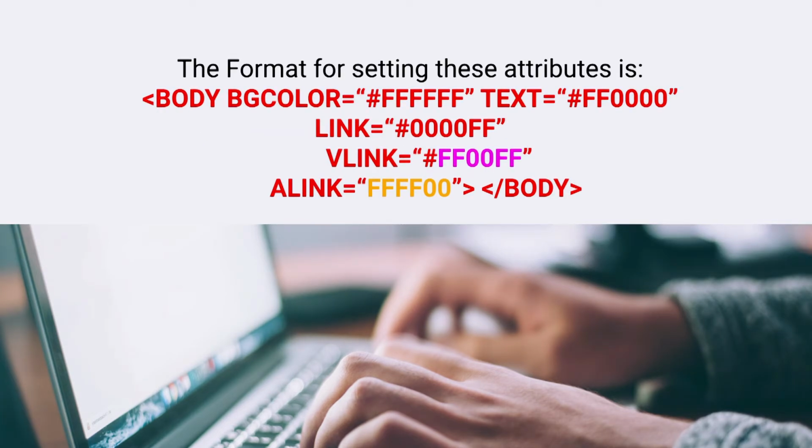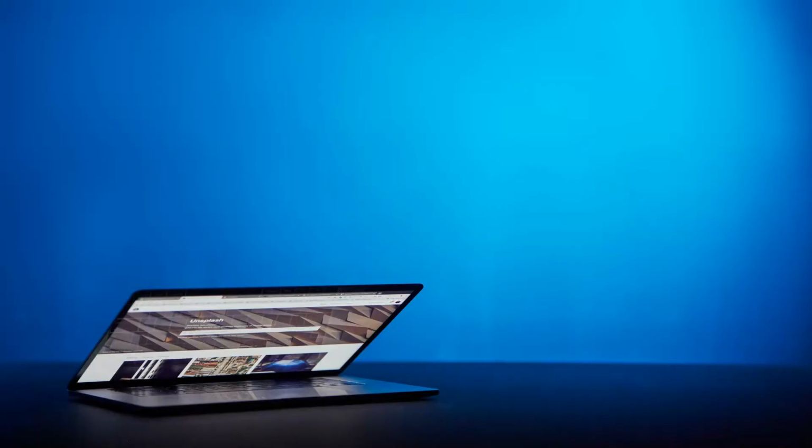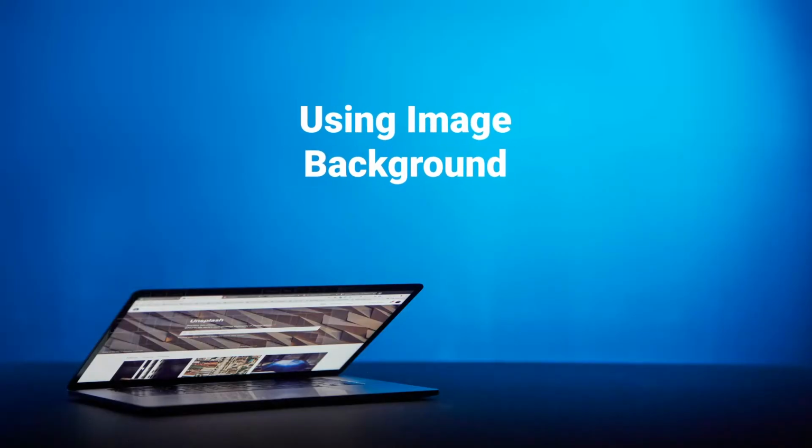The format for setting these attributes is body, background color, then text color reference, then link color reference, then vlink, again a color reference, then alink, color reference, then end body. This syntax must be used for setting the links. In a similar way, we can use images also for the background.